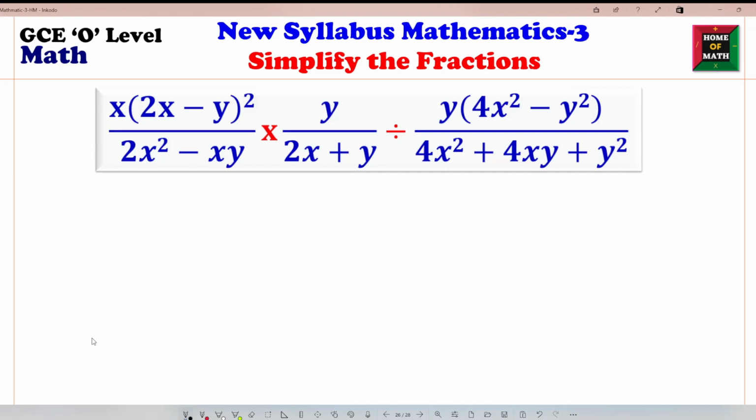Here is three fractions. First, x times (2x minus y) whole square, divided by (2x square minus xy), times y, divided by (2x plus y), divided by y times (4x square minus y square), divided by (4x square plus 4xy plus y square). So first, this one we can write like this: